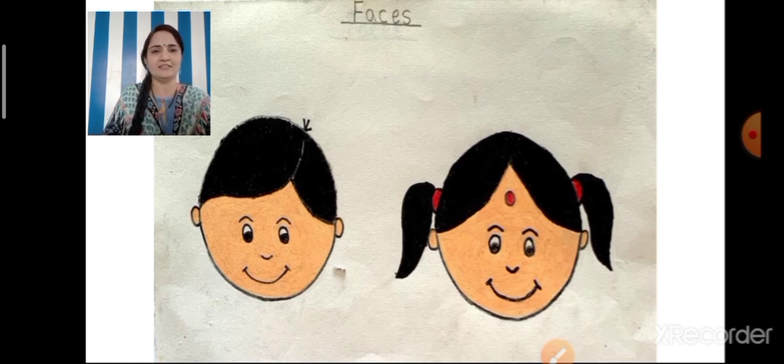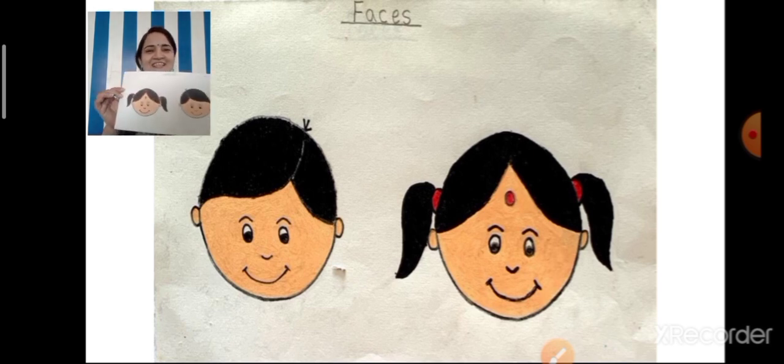After coloring, you have to give black outline with black crayon. See how teacher has given black outline to the picture. So give the black outline to the picture, and then your picture will look like this.